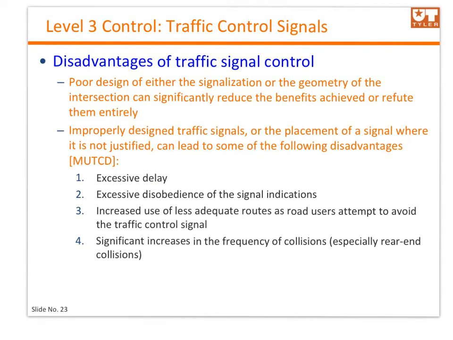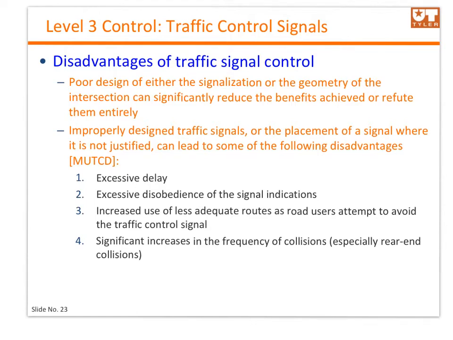On the other side, if we have poor design of either the signalization or the geometry of the intersection, this can significantly reduce the benefits of having traffic signals. In fact, it can even refute its location entirely. So if we have improper traffic signals or they are placed wrongly, they can have the following disadvantages. The very first disadvantage of a poorly designed traffic signal is that it is going to cause excessive delay,